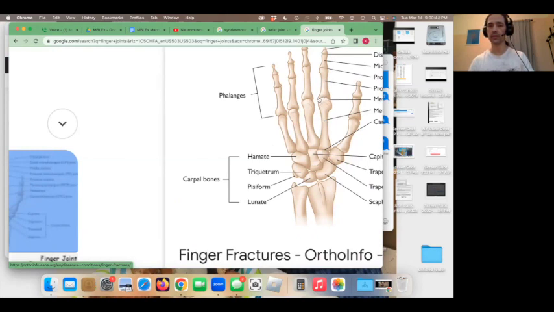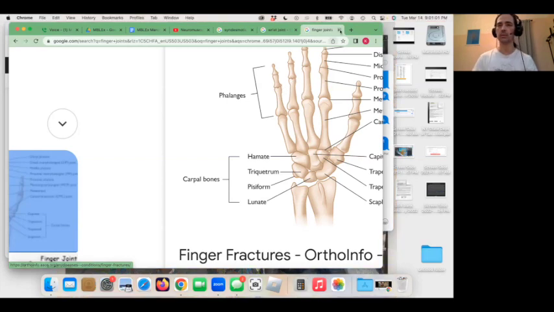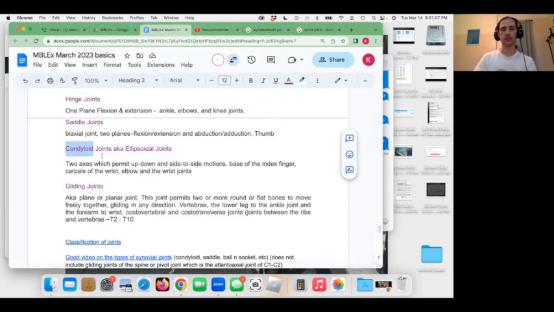See? Doesn't that look like an ellipse? Yes. Yeah, so this would be the base, like what we think of as the knuckles, the striking part. And then I think these would be ellipsoids, but I'm not sure. Yeah, okay. So ellipsoid, that's